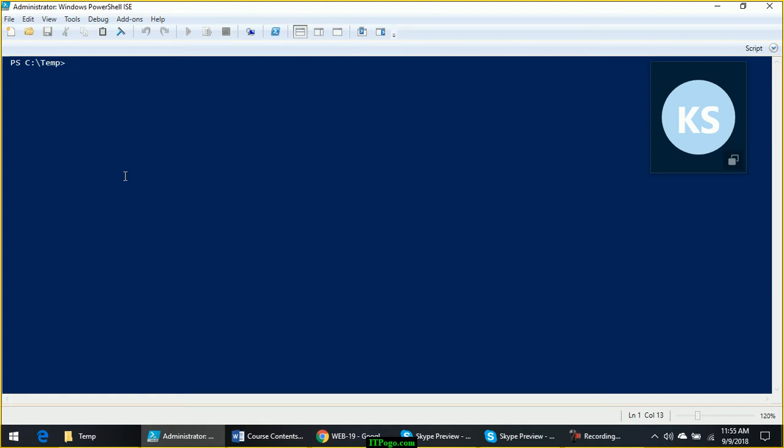Now there is a myth among administrators or among all the scripters that there is a different version of PowerShell available for anything that you see, like Active Directory, Exchange, Azure, IIS, which is wrong. There is only one PowerShell.